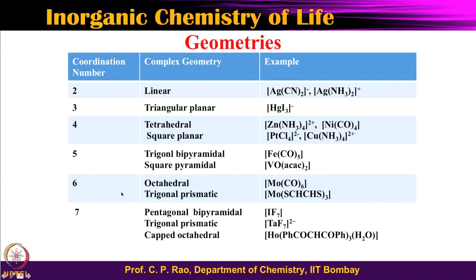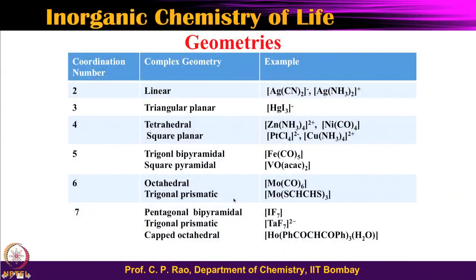So, having such a connectivity to the metal center will lead to different kinds of geometries. Okay. Let us look at this particular table with a little focus. There are 2 coordination number, 3 coordination number, 4, 5, 6, 7. There are coordination numbers beyond 7. Are they not possible? They are possible. They are mostly possible for lanthanides and actinides. And as you know, none of the essential elements is a lanthanide or actinide.